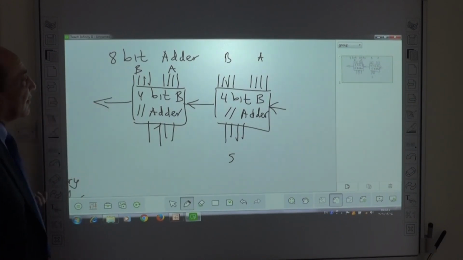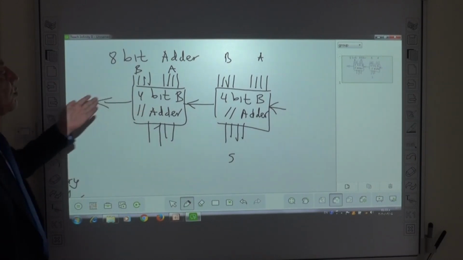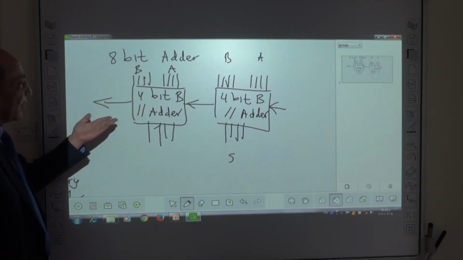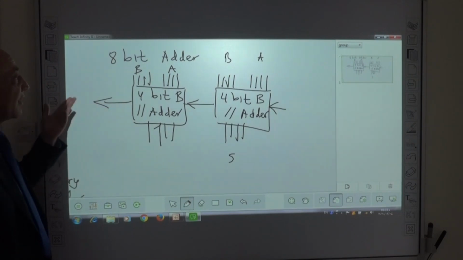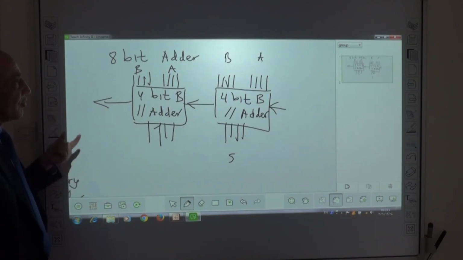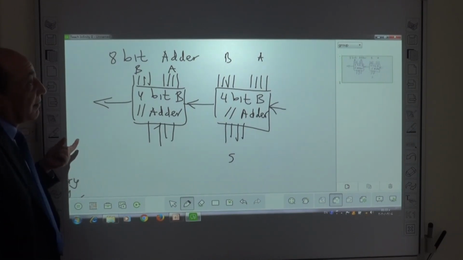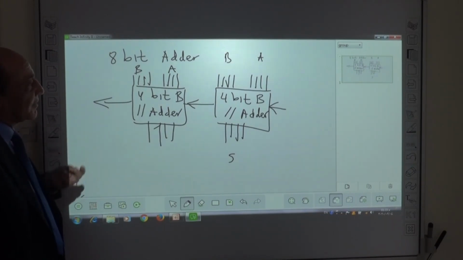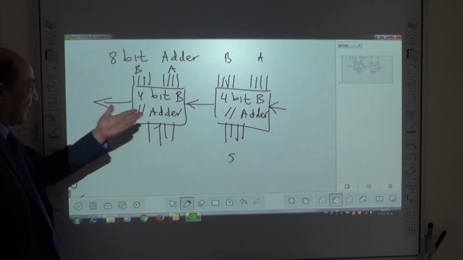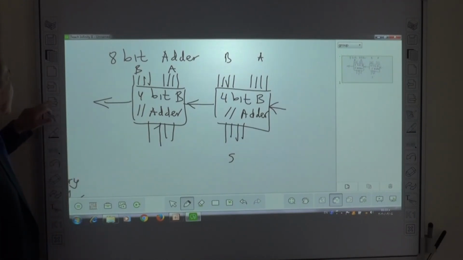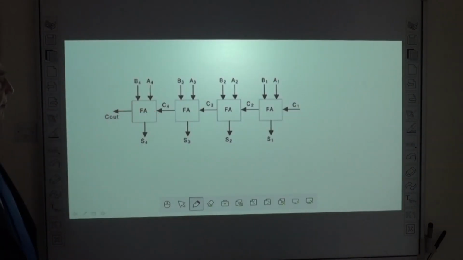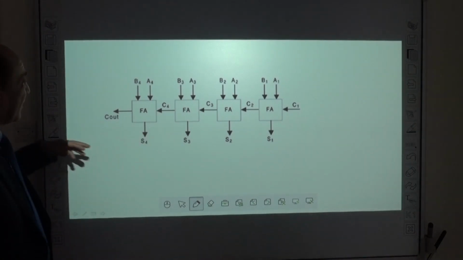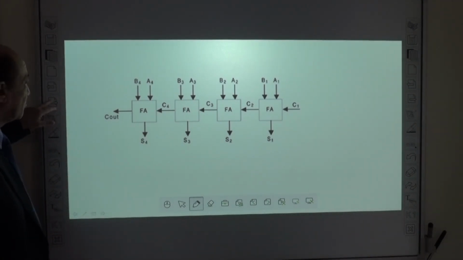If you need to add 12 or 16, you need to use more. Usually, for example, 8-bit and 4-bit binary parallel adders are available on ICs. So if you need to add 16-bit numbers, you need two 8-bit binary parallel adders organized in this manner. This is our binary parallel adder, 4-bit,